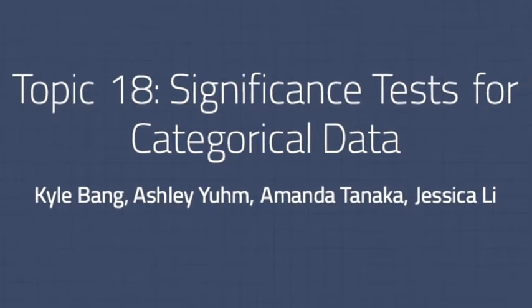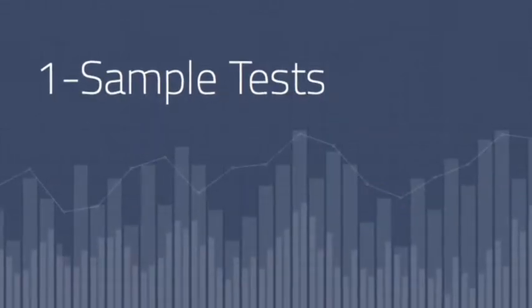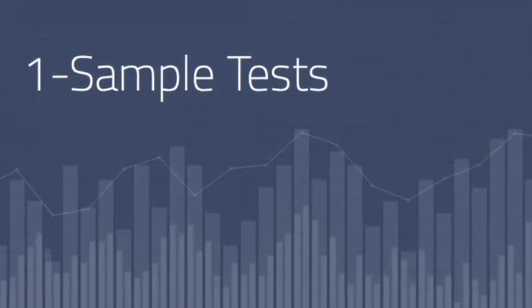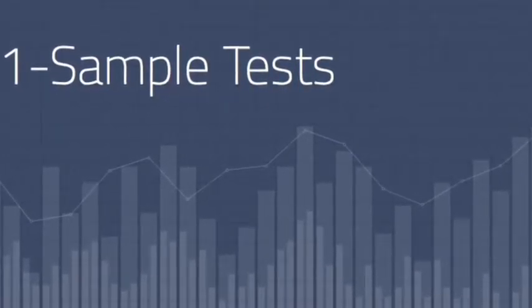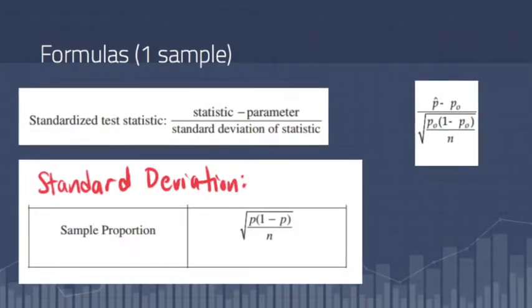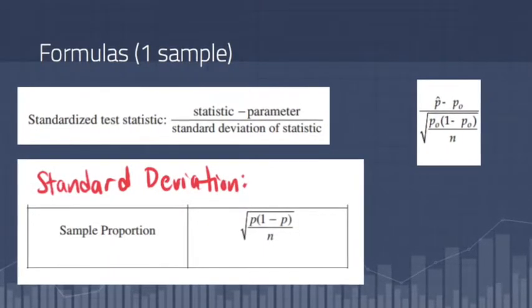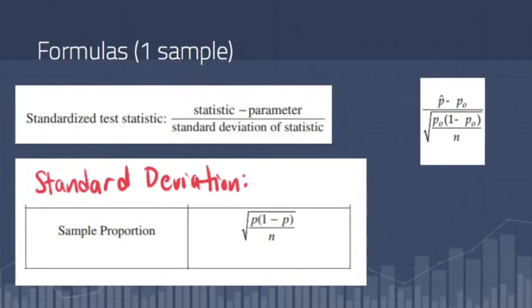Today we are first going to be going over a one-sample proportion test. This is used to assess whether a population proportion is significantly different from a hypothesized value. The formulas on the left are given on the AP test. When combined, they form the formula given on the right, which you may notice follows the basic format of a